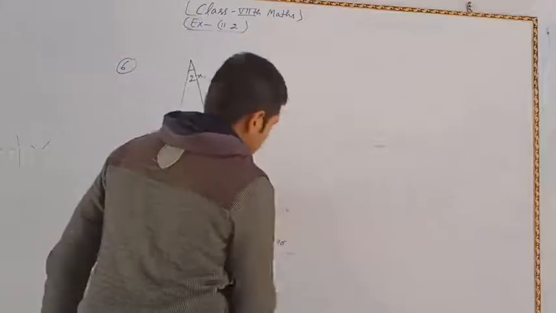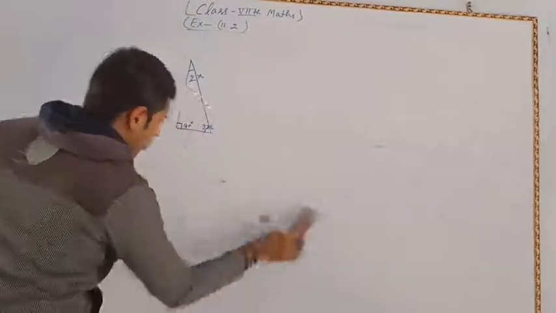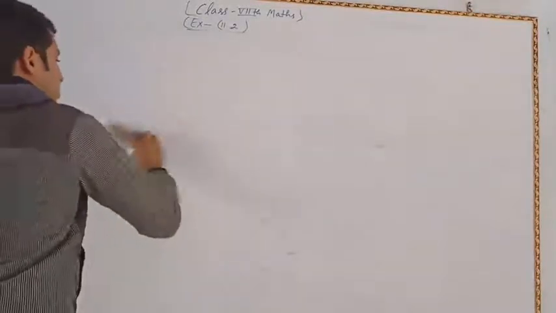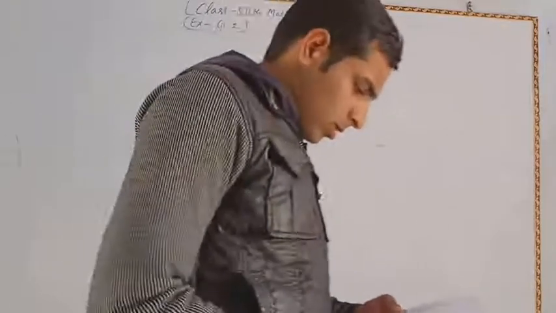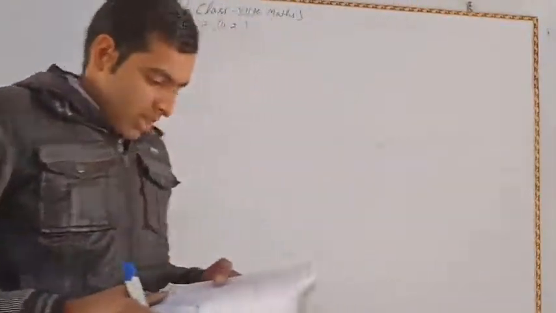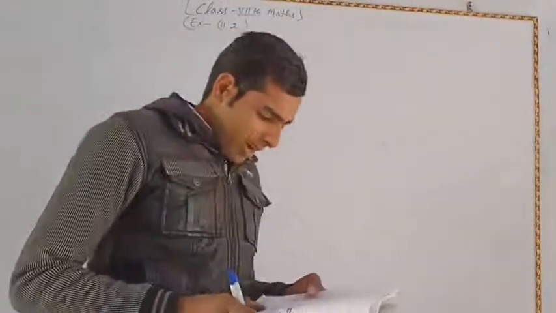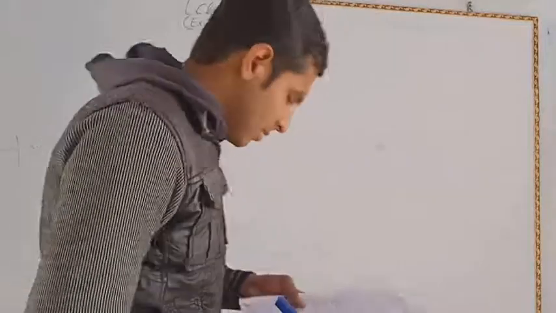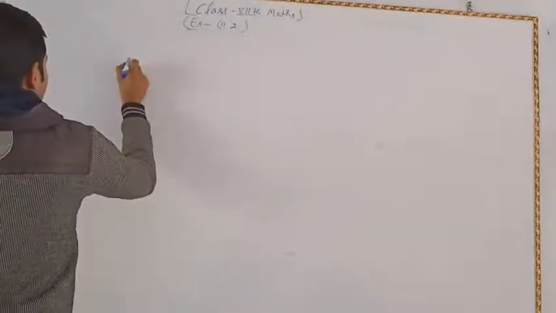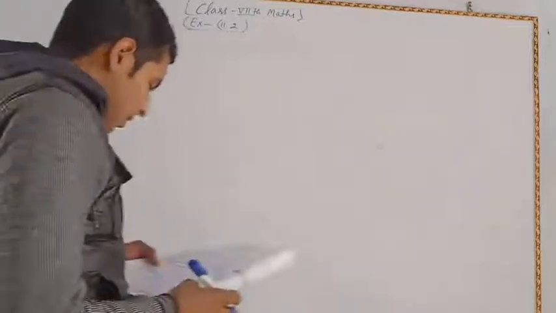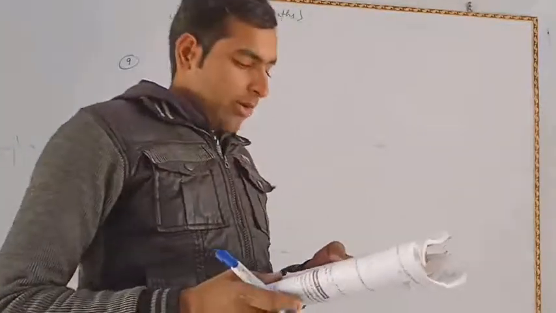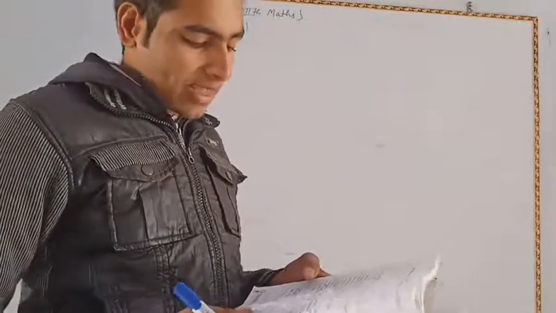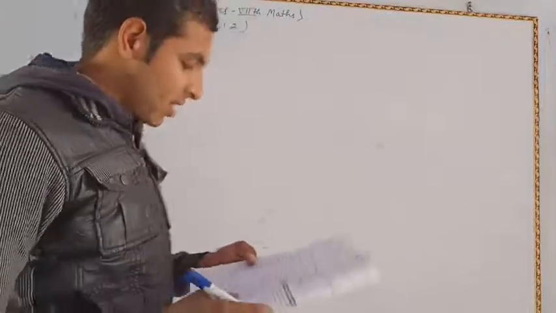From here, again we have to solve our problem number 7, which is also an easy problem, and 8 is also easy. You have to solve them. Problem number 9. This is a little bit tricky. Each of the two equal angles of an isosceles triangle is twice the third angle. Find the angles of the triangle.